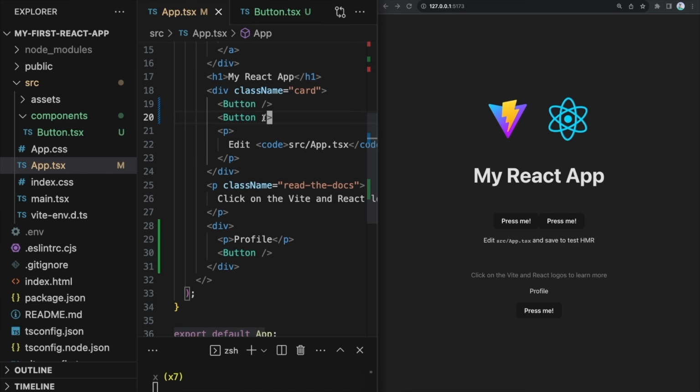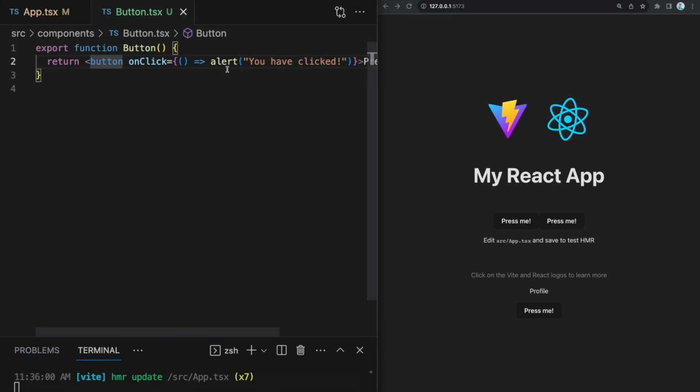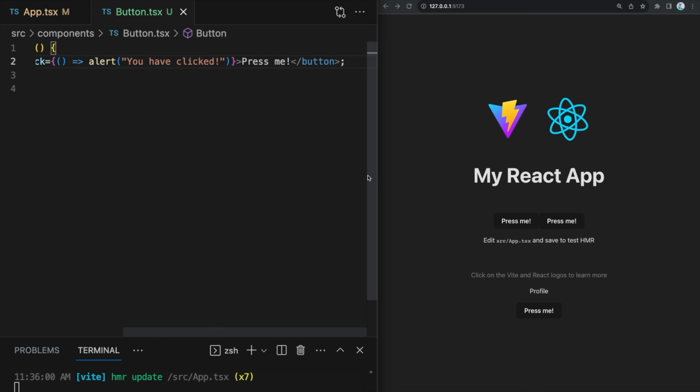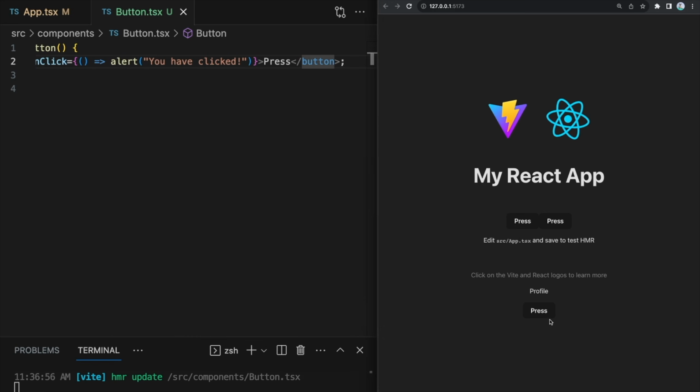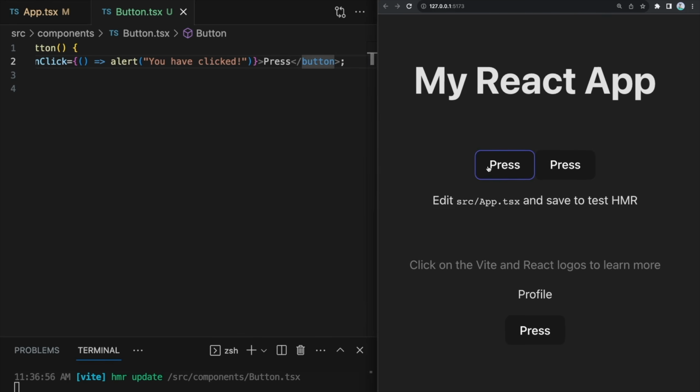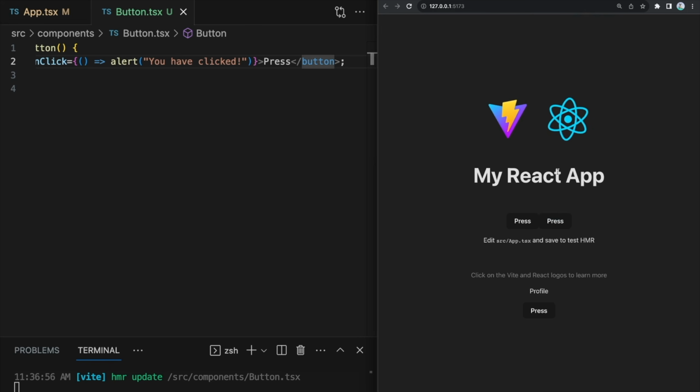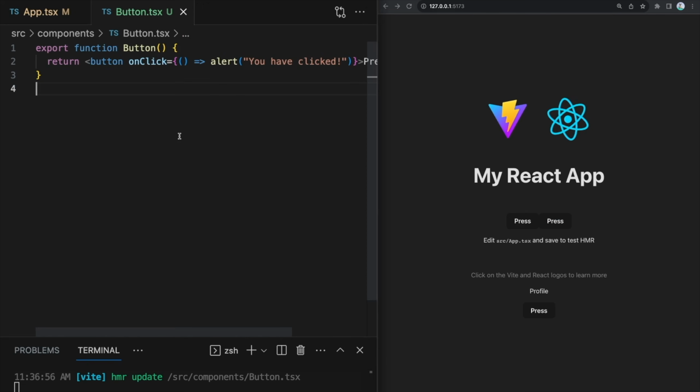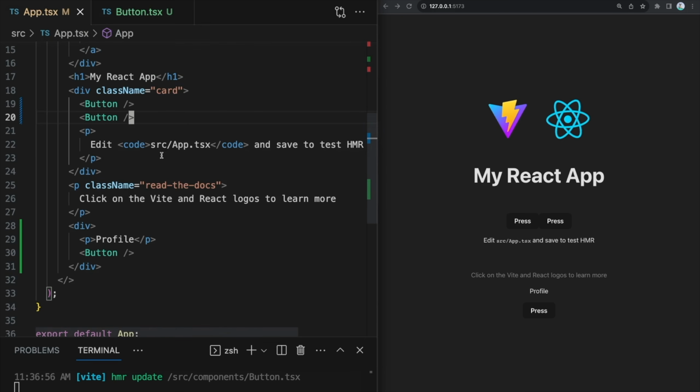But because we have this component abstracted, when we need to change this button, we can simply go to this component and change it. So let's say that now instead of "press me", we can say just "press". If I hit save, every single instance, as you can see here, of this button is going to change to be "press". So this is a huge advantage of decoupling the components into little pieces that we can reutilize,